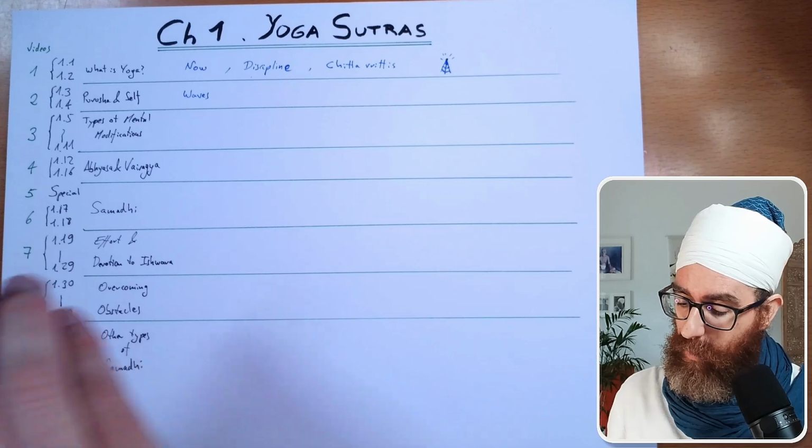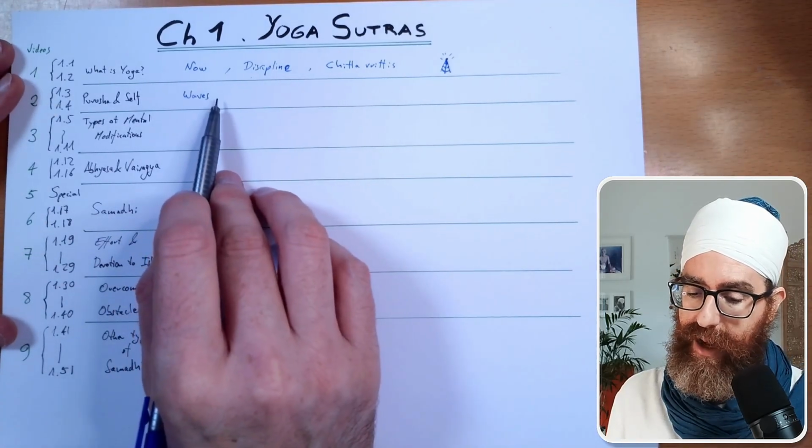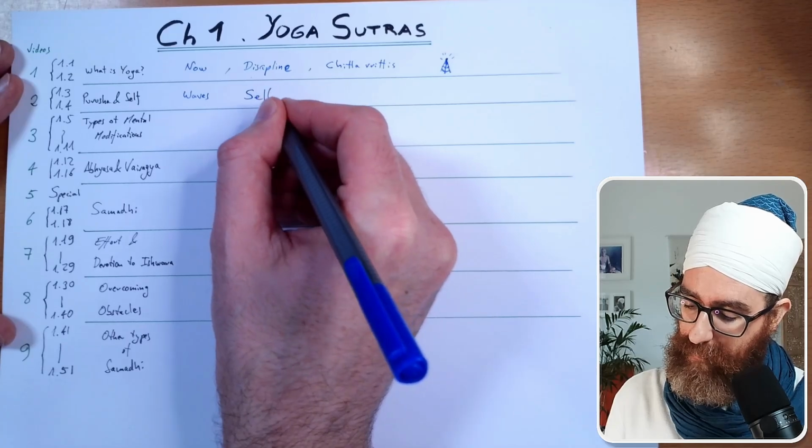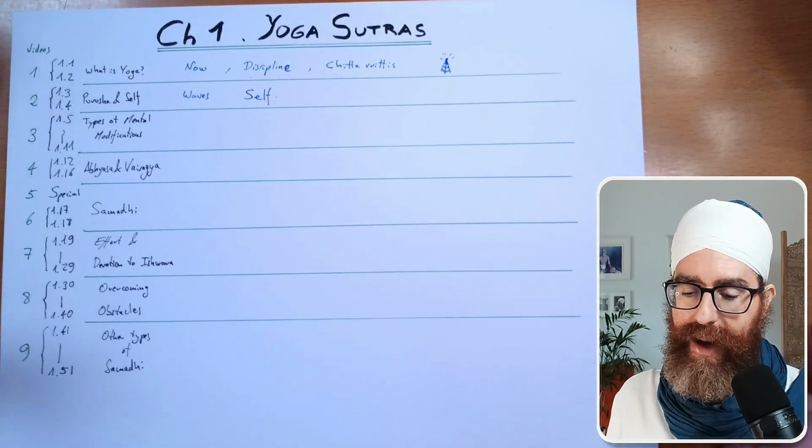So this idea of the waves and the modulation as well, we covered that concept, the carrier wave and the modulating wave. We explored this in detail, and then we said, well, the idea was that when these waves, these chitta vrittis, calm down, what happens? Well, that's when the self abides in its true nature.